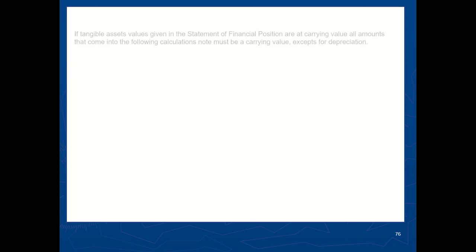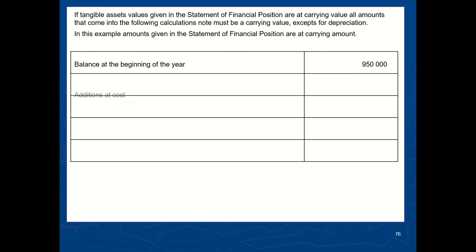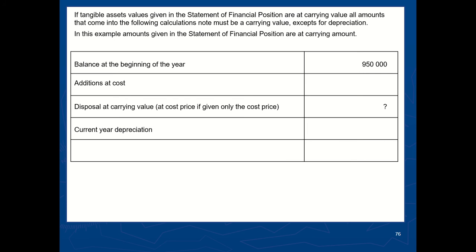All right, guys, let's continue with the carrying value here. We've already done the opening. I did show you that we need additions at cost. That's why X was hiding there. We still have the question mark of the disposal at carrying value. We have current year depreciation. We also have the balance at the end of the year, which is 1,232,850. I'm going to go back to the equipment slide where the equipment was sold, just for us to